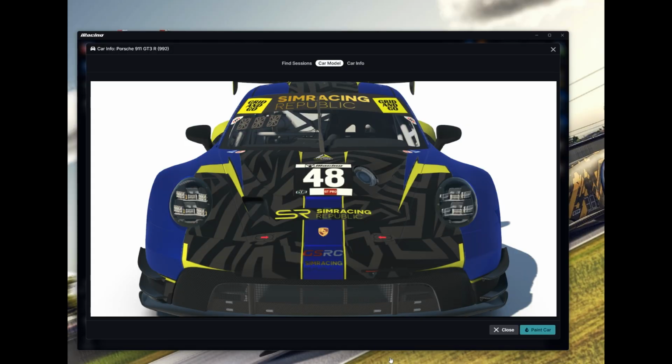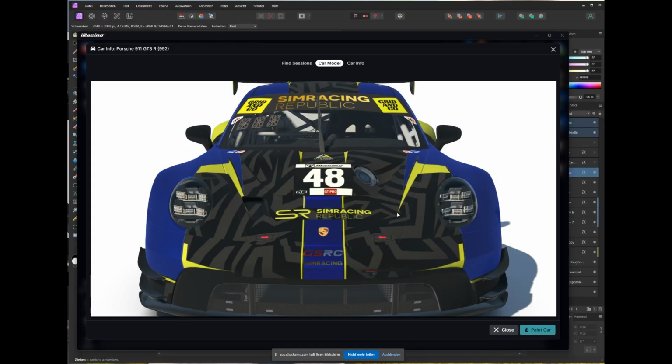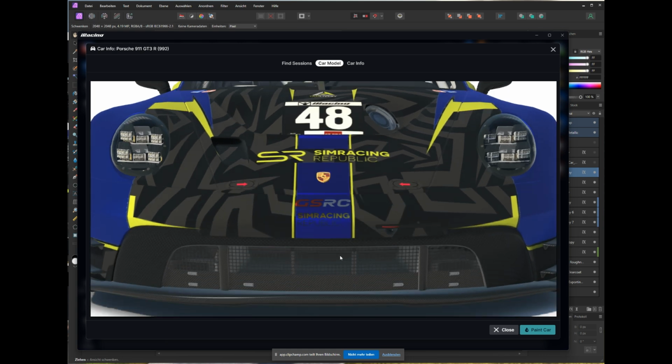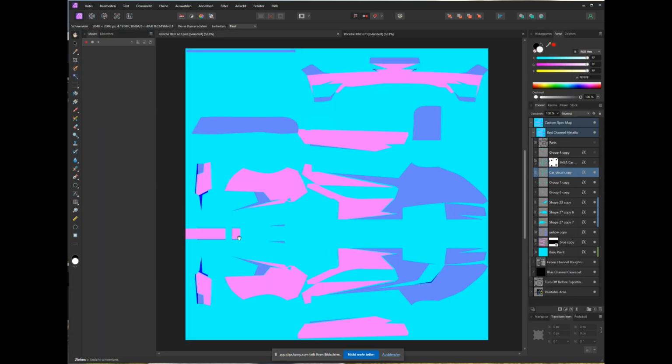And what's going to happen is if we attach our decals from the series to the skin, you may see something like this, that the GSRC and the Sim Racing Republic logo that are at the front of the car are not correctly displayed. The reason is they are not accepted from this area inside of the